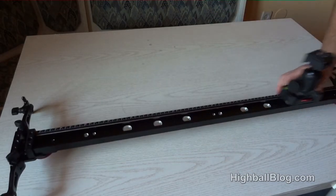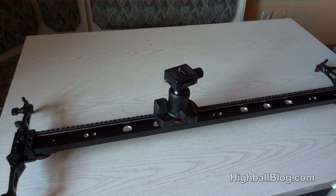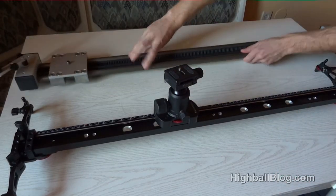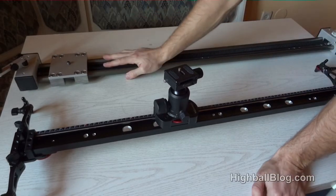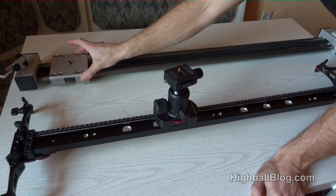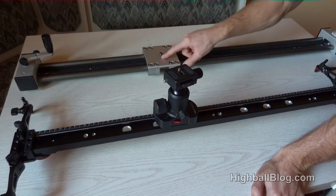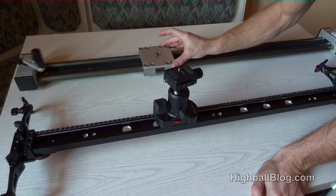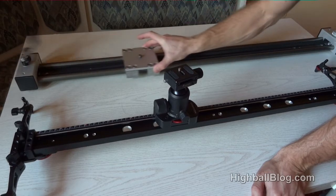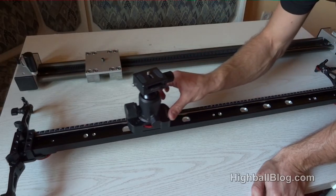So let me give you some comparison. So I have this one, the Digi slider, which is nice, but it's not so good for manual shooting because it's a friction slider, and when you have a heavy camera here, the movement is just not smooth enough. It's just too jerky. Whereas with this,